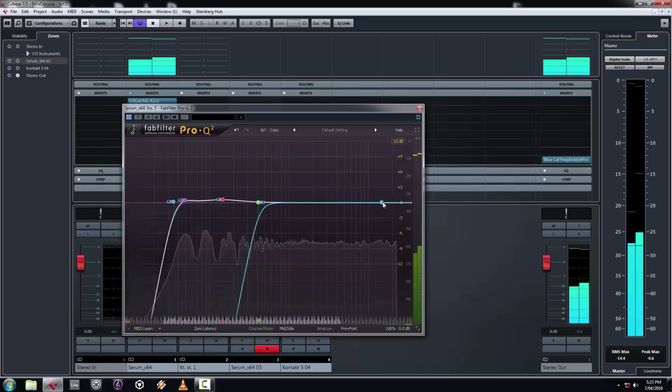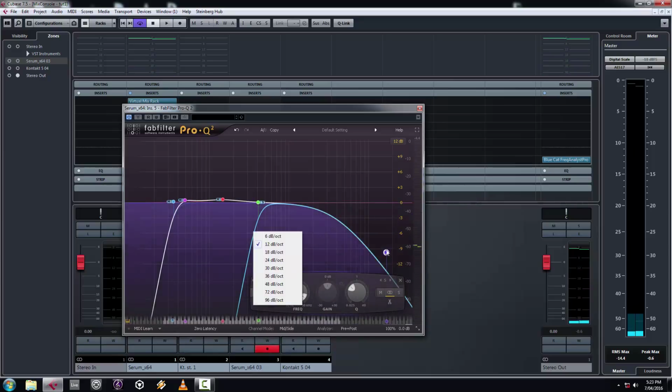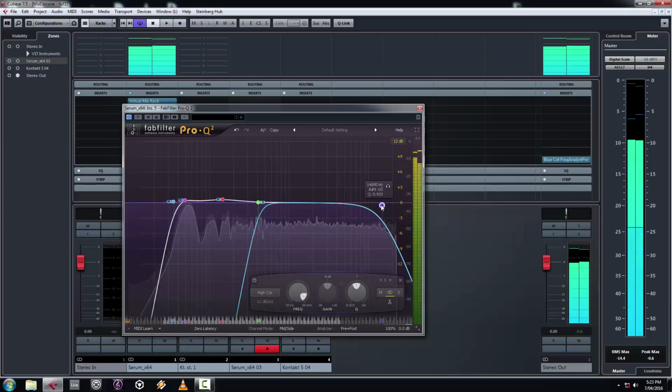I might roll off the tops a little bit too, they're a bit harsh. Yeah, we'll keep it just light. Generally, about